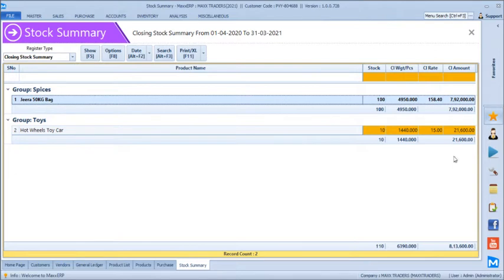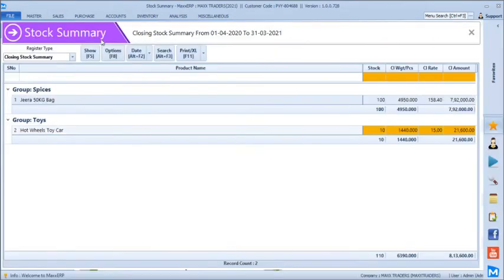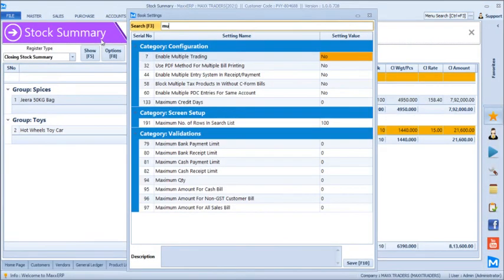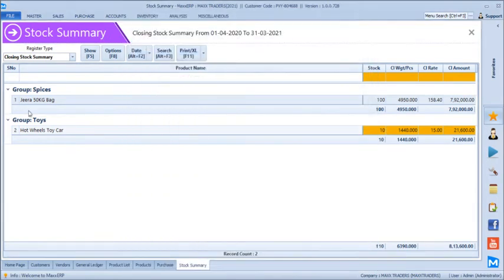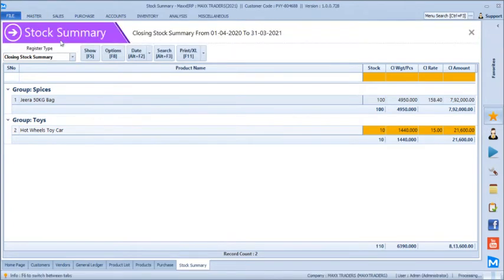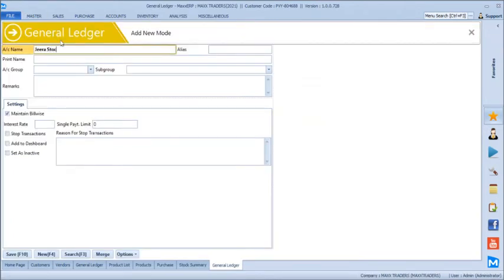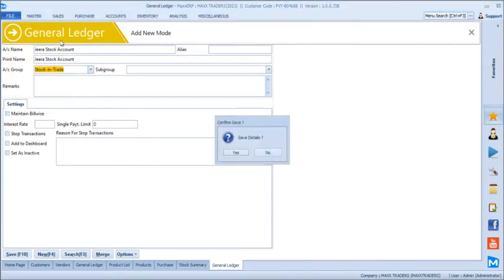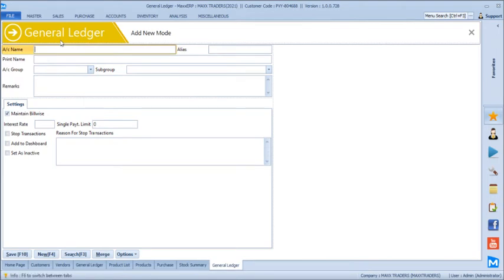So we even have an option of multiple trading accounts in this, like Jira products should be segregated under Jira stock account group. So if we want it that way, we can have this enabled here. And we'll have to create another stock account saying, let's say, Jira stock account. And I haven't mentioned a stock and trade account. Similarly, we can create like